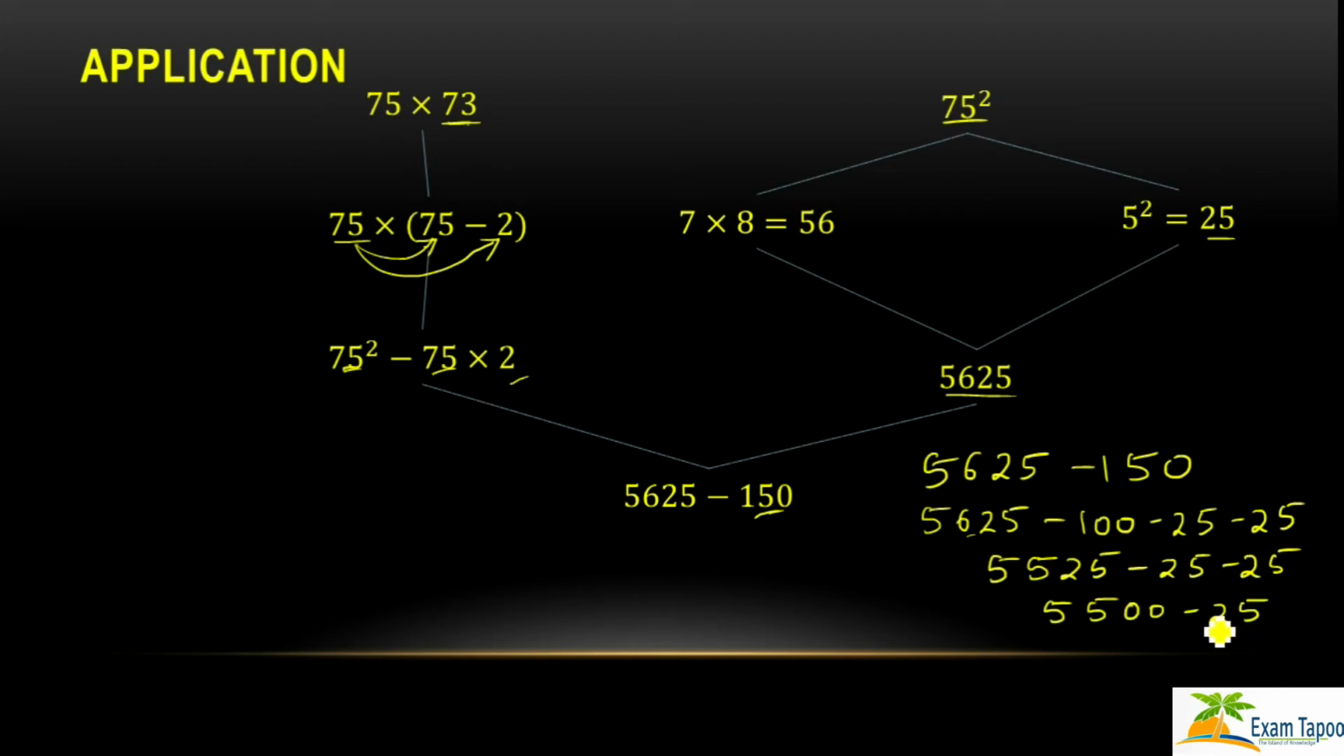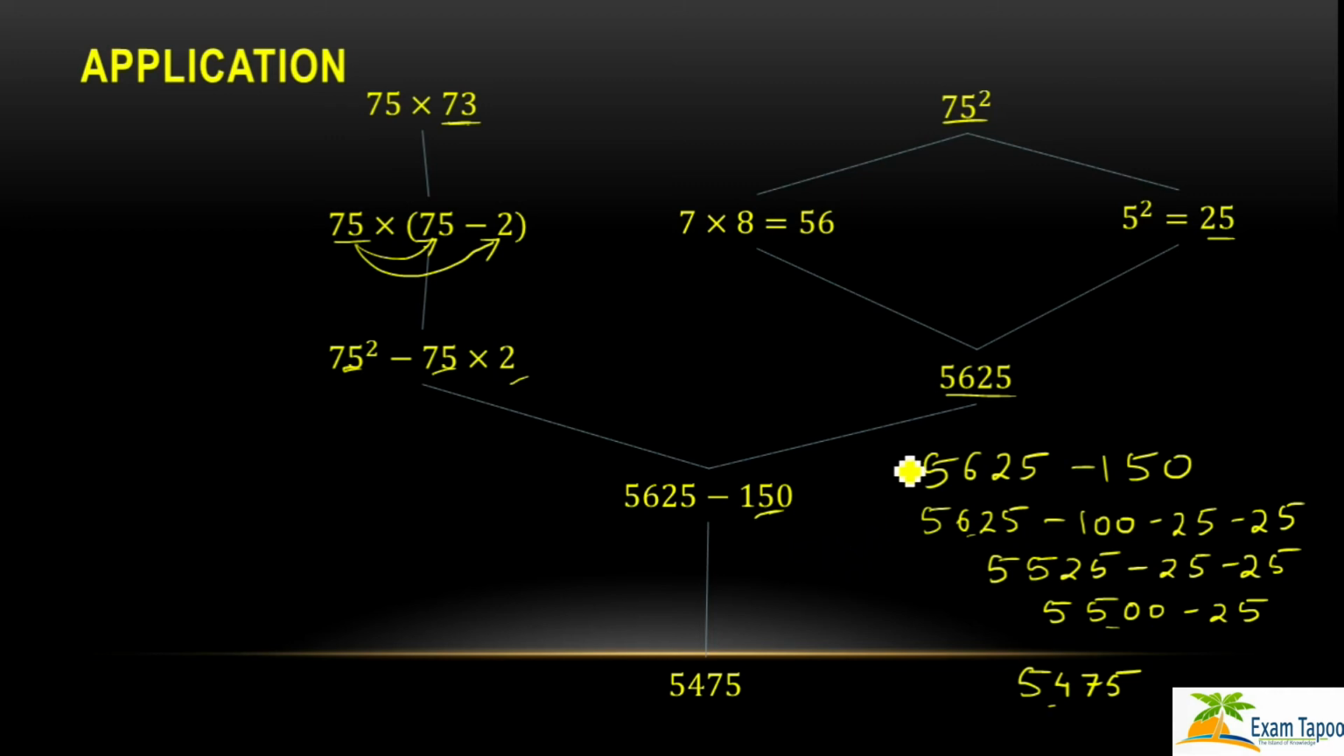Now if you subtract 25 out of 100, what will you get? You get 75. So I will get 5, 4, 7 and 5. I will imagine this 500 as 400 plus 100, and I will subtract 25 out of 100. So 5400 plus 75 will give you 5475. So the result of this calculation would be